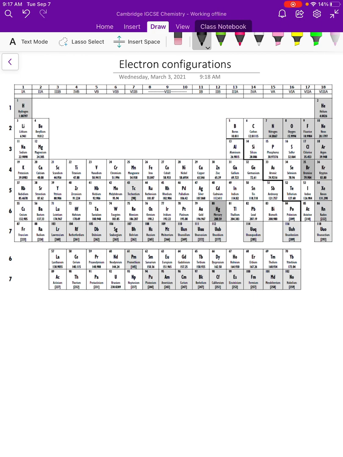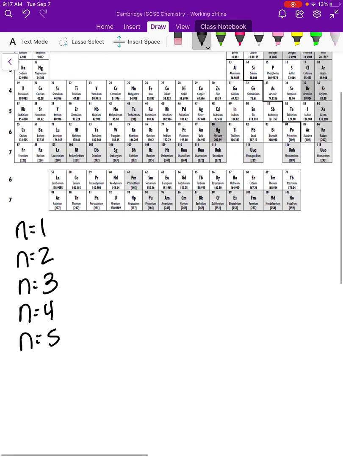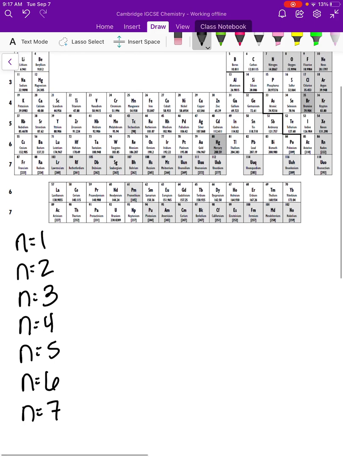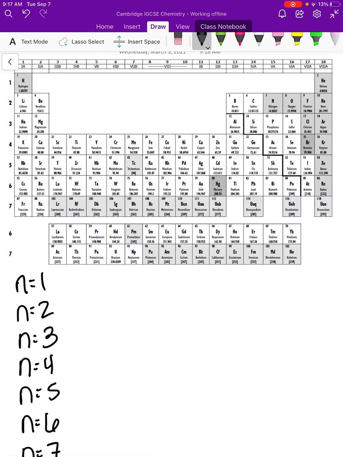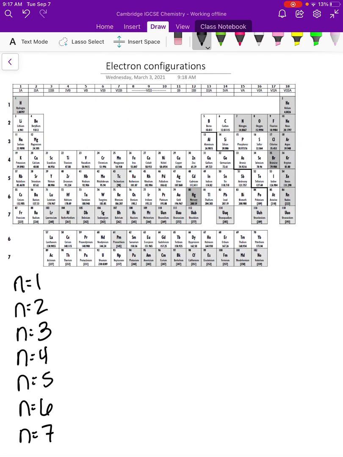So we've learned about quantum numbers. Quantum numbers are n equals 1, n equals 2, n equals 3, n equals 4, n equals 5, n equals 6, n equals 7. These represent the energy shells that the electrons are located on. And then each energy shell, or each quantum number, has specific suborbitals that you will find in that